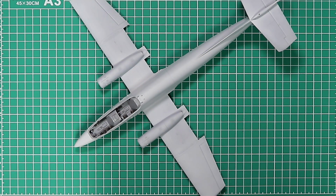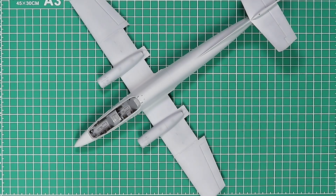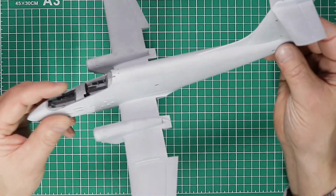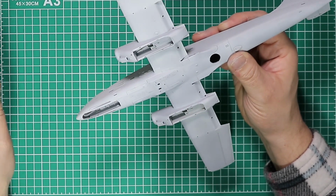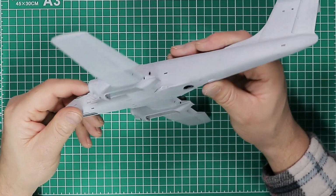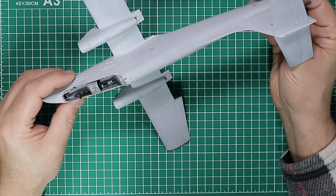Welcome to part 4 of Kinetic's 1/48 scale Pucara build, and in this video we're going to be looking at getting some camouflage colours on the model. As you can see, it's sat there now and it's primed. All the joints have been made good. There's no real build flaws or issues to be taken care of, and it's just a matter of getting the